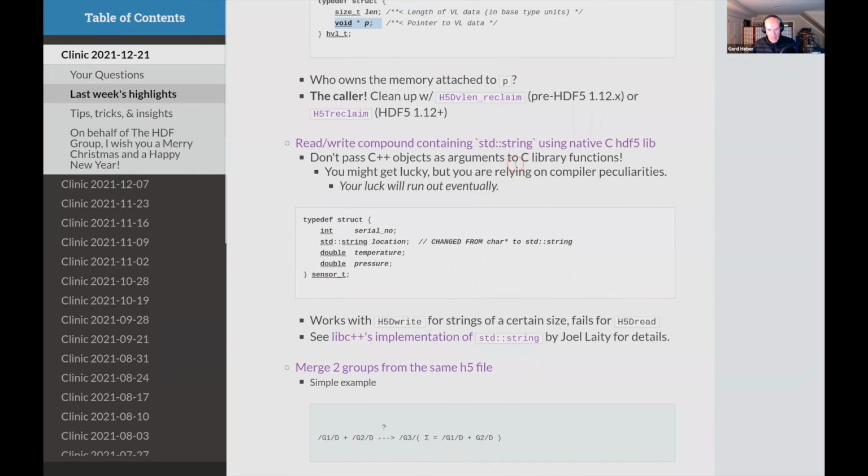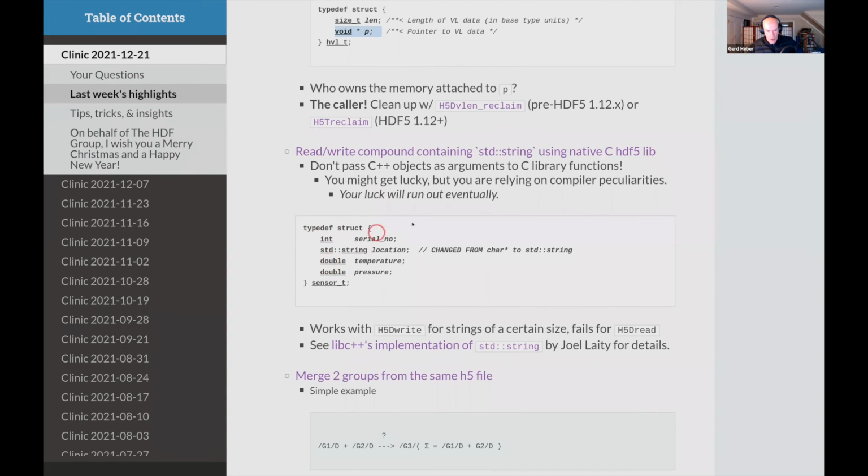The user also reported that he modified one of the examples published with the HDF5 documentation. The write portion of that program, where we generate a data set with a compound type that has an int, a string, and two doubles, worked, but the read portion didn't work.